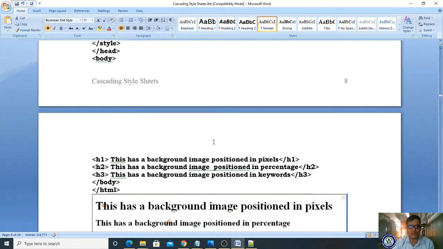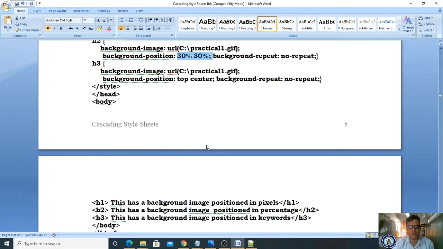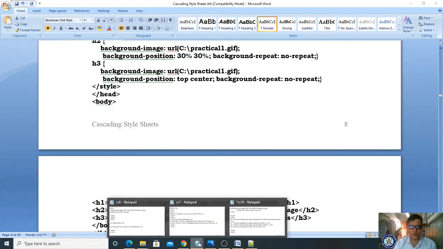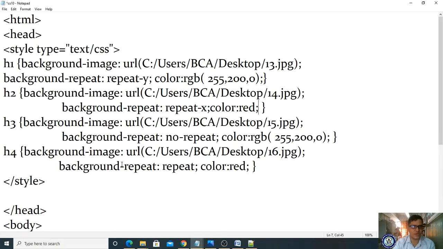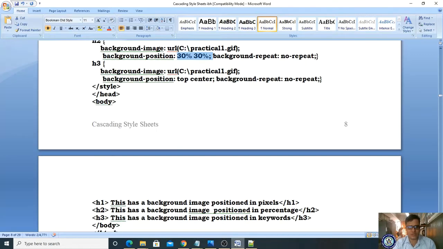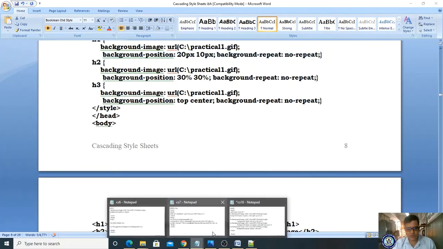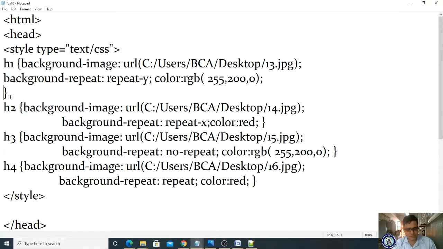Let us see this sample program with the image on the right. Let me modify our program here. Background repetition is there. Instead of closing here, we have to copy this positioning also. Let me copy the background positions and paste here.